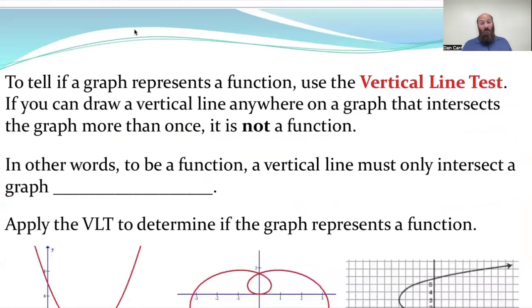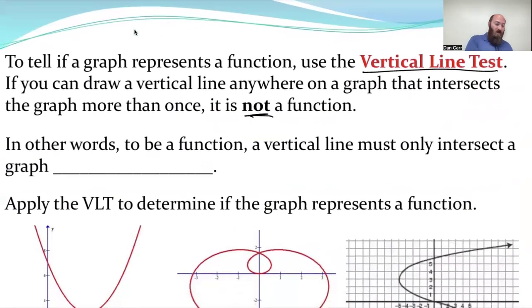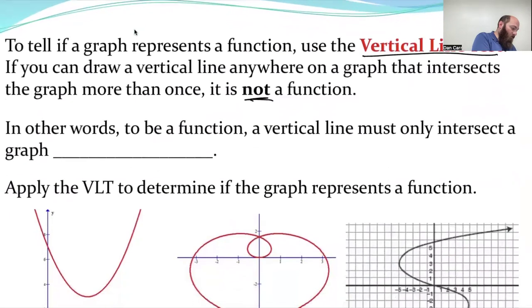If we have a graph of a function, to tell if the graph is representing a function, we use what's called the vertical line test. So if you can draw a vertical line anywhere on a graph that intersects the graph more than once, it is not a function. In other words, to be a function, a vertical line must only intersect a graph